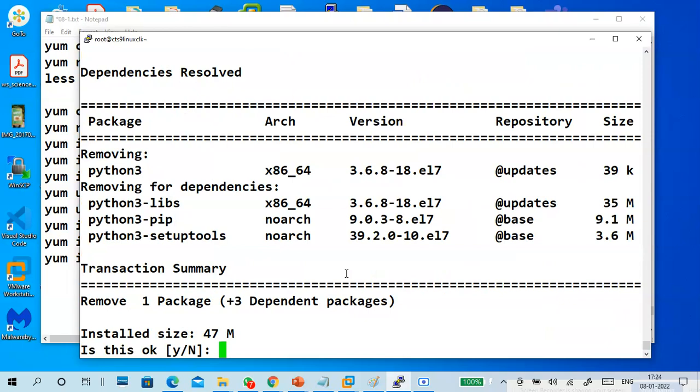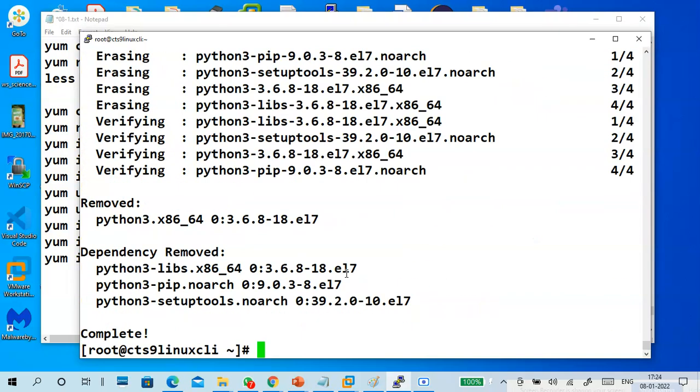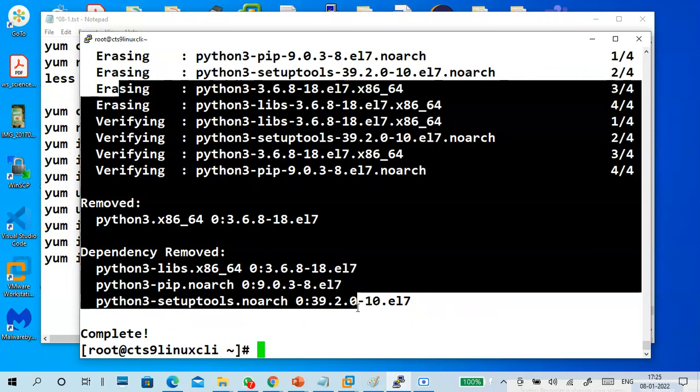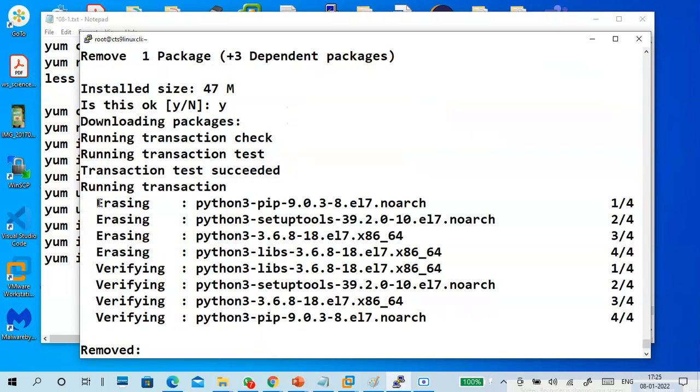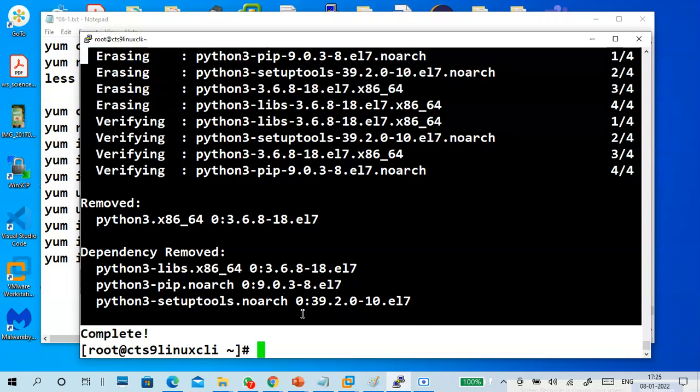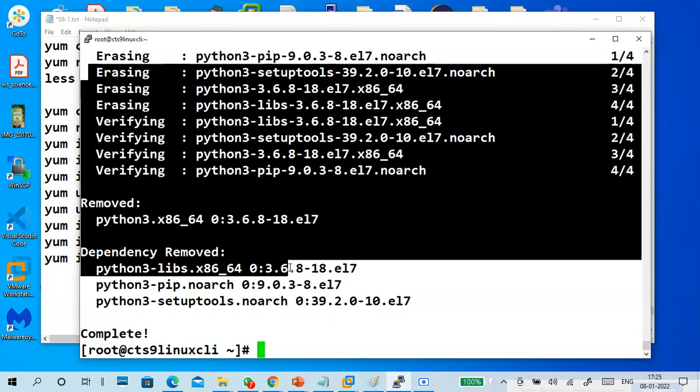Okay, it is showing the list. One package has three dependent packages. It shows erasing, verifying, removed. Earlier it was installing, verifying; now it is erasing.